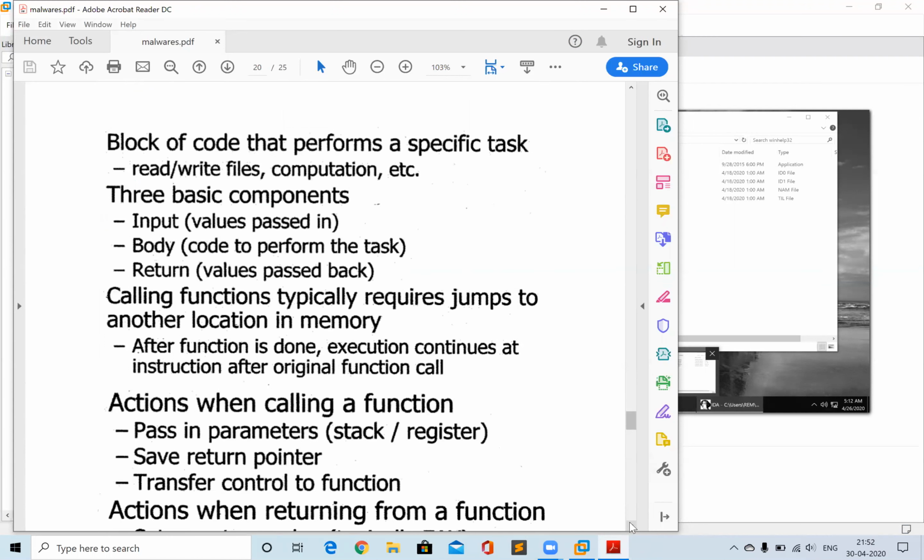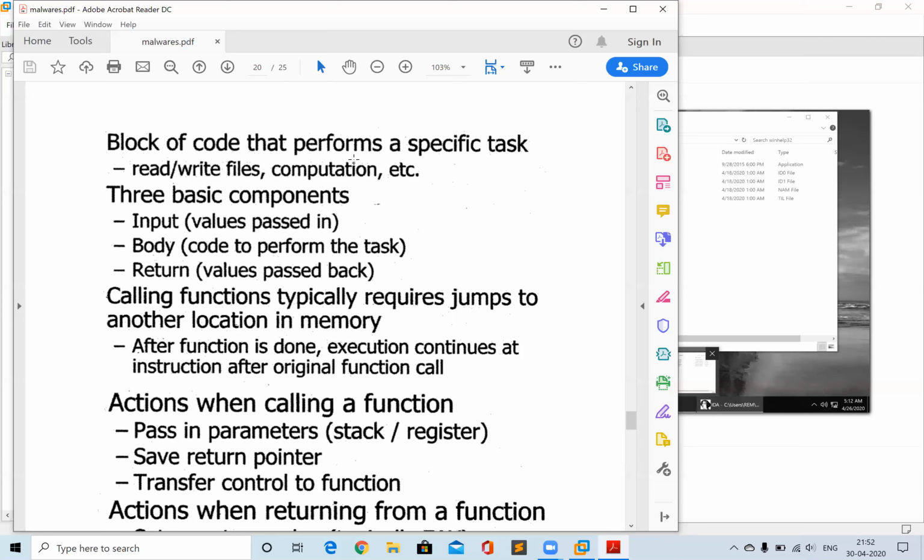Normally, a function is a block of code that performs a specific task. It can be any kind of computation, like encrypting, decrypting, writing to a file, or reading from a file and doing other work on that. As you might already be aware, when coding we use functions to make the code less complex.